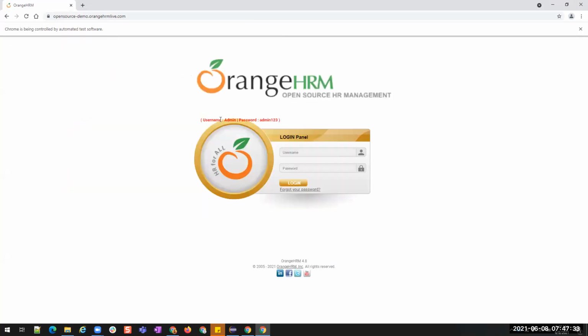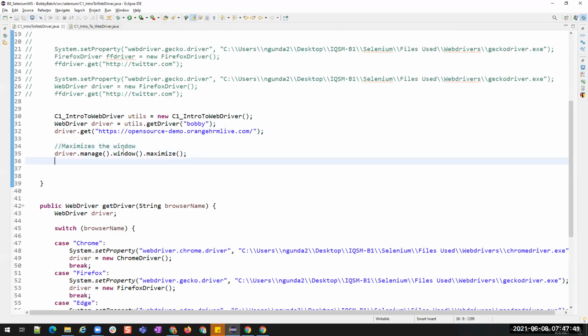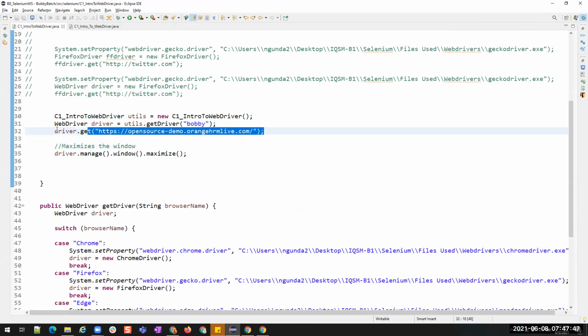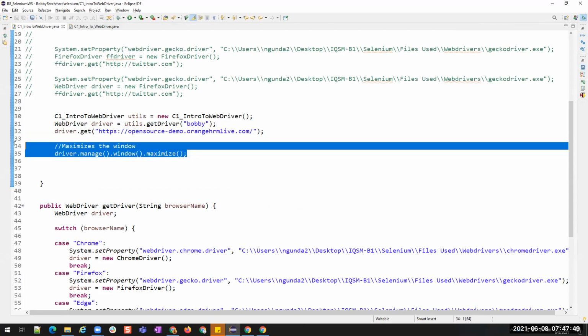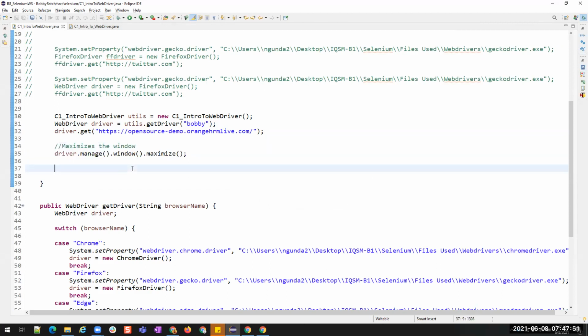Did it maximize? So this is some basic thing. We are opening the browser, going to that particular URL and then maximizing it. Then let us see some more things that we can do on the driver.